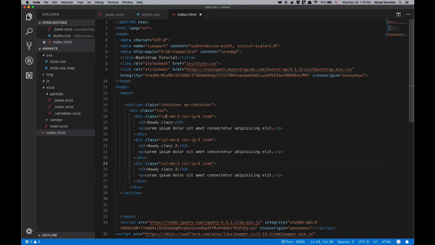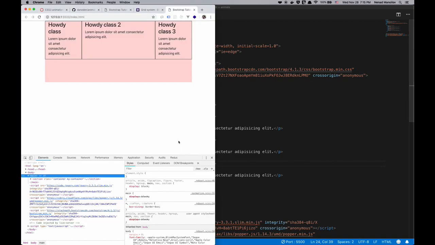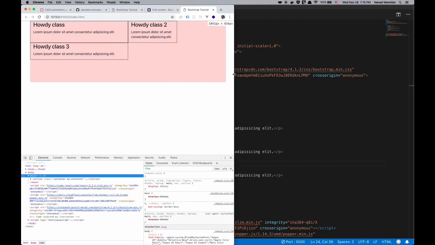On small screens they default to full width because we didn't say anything. As long as we are on medium, the middle one will be larger, twice as big as the other 2, and then once we hit large screen, it will be the other way around. The middle one will be less, the other ones will be more. So let's see how that looks. Right here we are on medium screen, and our middle element is taking twice as much as the other 2. And then when we hit the large,